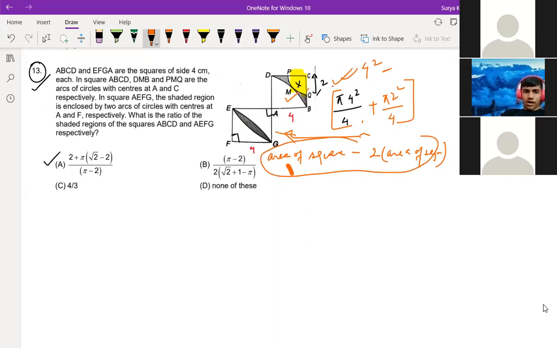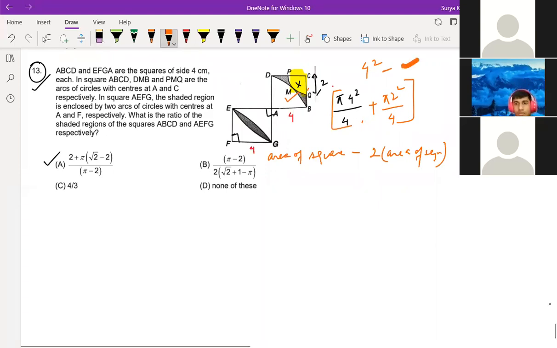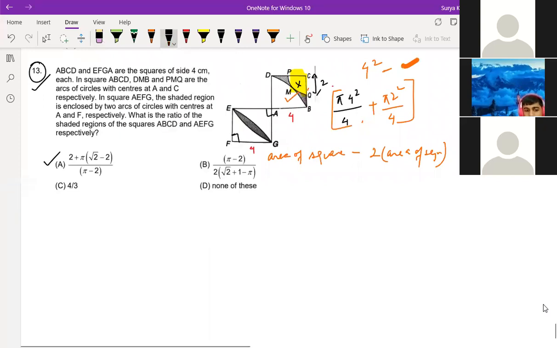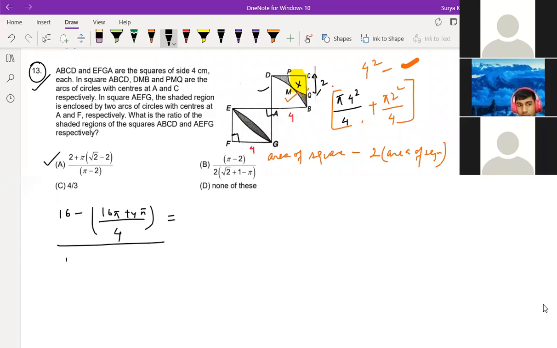This is clear what I've done here, Samarth? Yes, sir, it's clear. So this one, if you want to do, you can do, not a problem. So from this part, what you will get is C. From this one, I'm finding 16 minus, in bracket you write here, this is 4 and pi, 16 pi plus 4 pi. Here you just write the numerator part, 16. Area of segment.